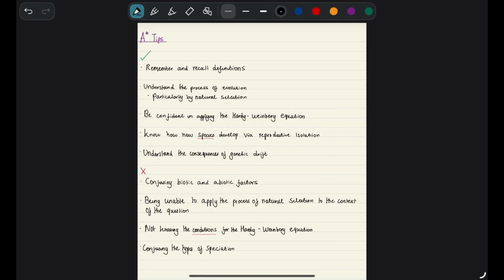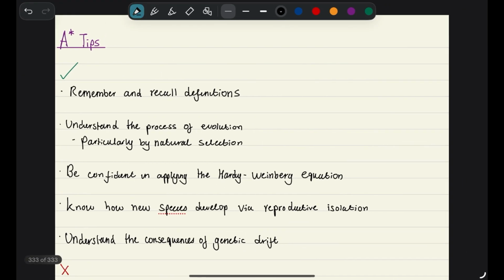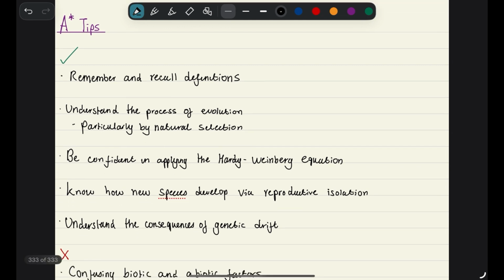Okay, so we're ready to wrap up the video now. We'll just go into the ASL tips. I know it's been a long one, so I'm going to try and be quick. But yeah, literally again, definitions, so important for this topic. So knowing and recalling the definitions gets you some easy marks. Understanding the process of evolution by natural selection. Like I said, if you can learn that whole thing, just kind of recite that, you will typically pick up almost all of the marks on the mark scheme.